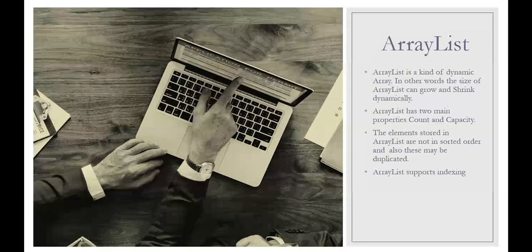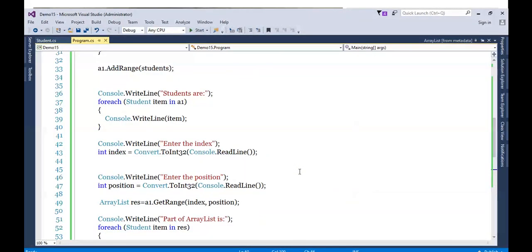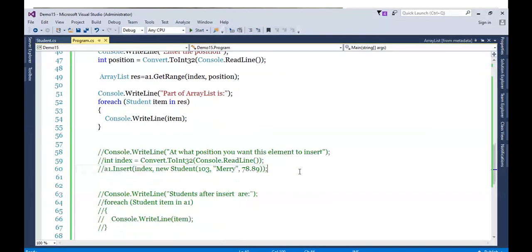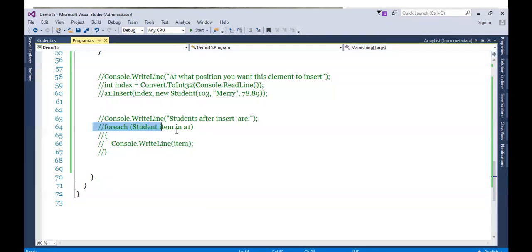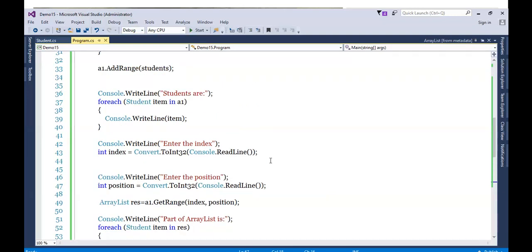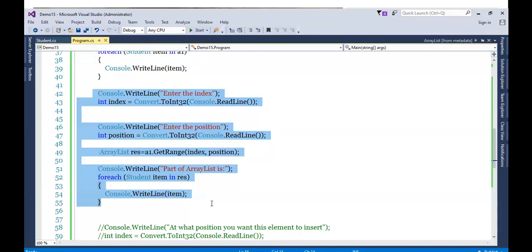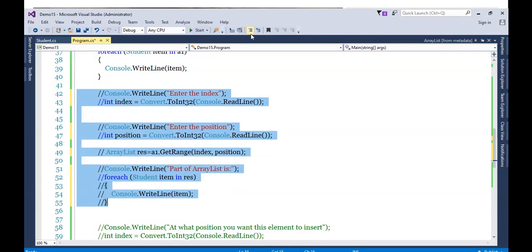Okay, I got a very small question for you guys. Just watch out. What I told you, by default, the type of each element is object, right? So right now we are displaying this with a foreach loop. There is no problem coming. But now let's say I want to display this using a for loop. Do you think it will be feasible to use a for loop here? Let's see.